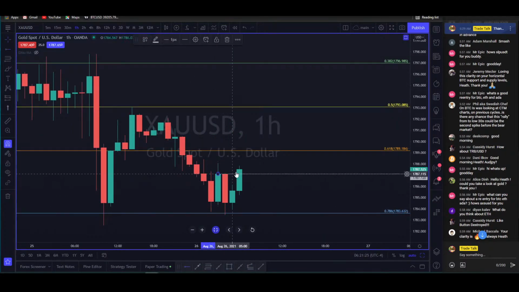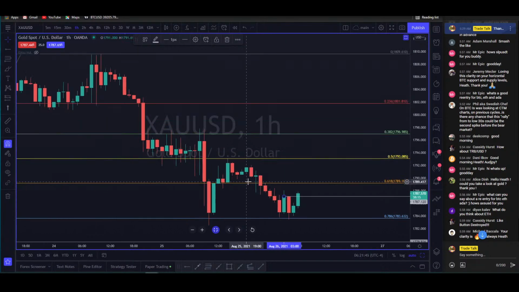So if you get a break and close above hourly resistance on this, then I would probably look for a pullback to 1787 or 1785.84 and see if that holds, and then look for bullish entries if you're bullish. If you're bearish, I would leave it alone for a second because this was a big move to the downside and this is just chewing that move up. It does look like it's trying to make new lows, but the short isn't down here. The short's up here, right? That's where you would be taking profits.